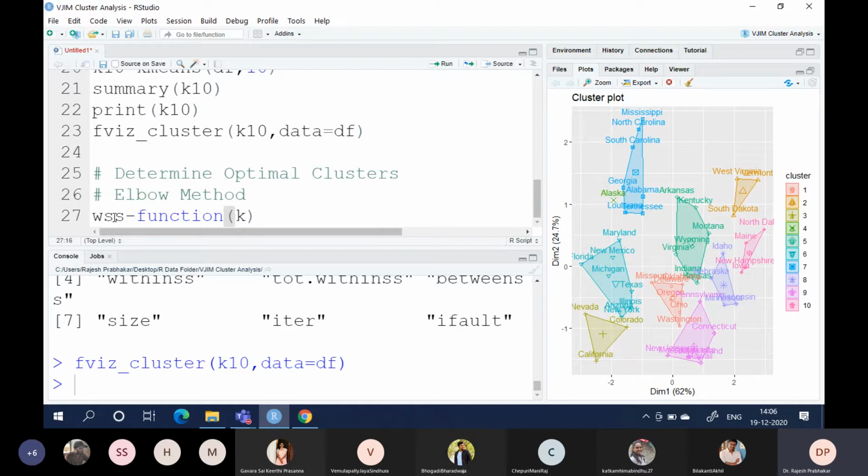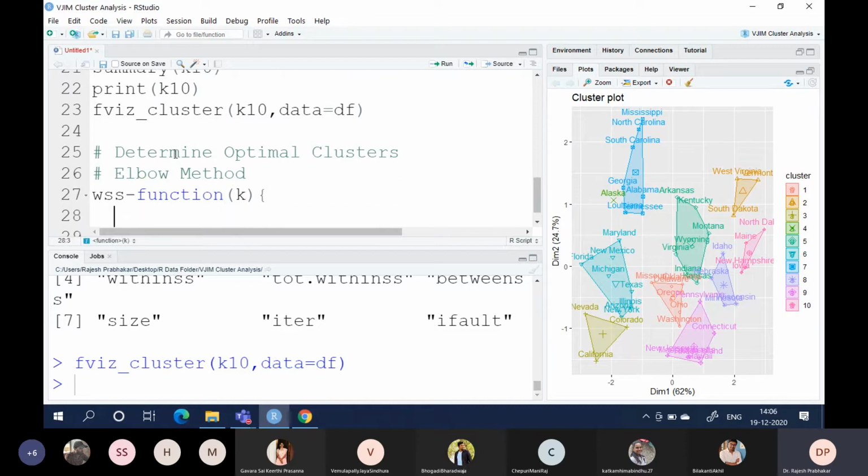Function of k, then curly braces, press enter, we'll give the function. kmeans(df, k, nstart = 10)$tot.withinss.